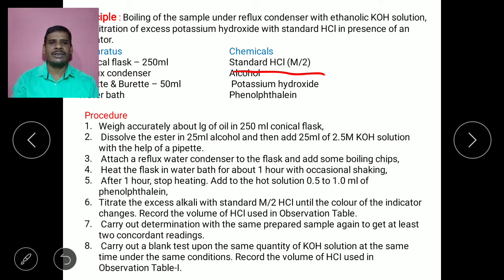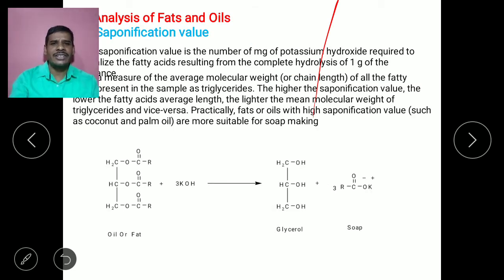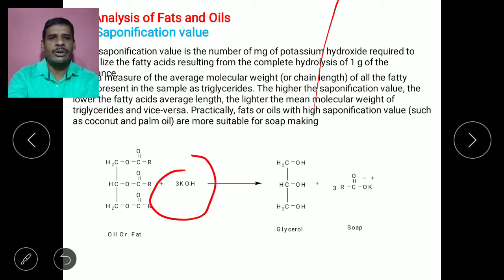or NaOH, and we know that this amount of KOH or NaOH is required to hydrolyze the oil or the fat molecule. The excess of the KOH or excess of the NaOH should be titrated with standard HCl in the presence of phenolphthalein indicator. In the reactions we already discussed that the KOH reacts with this particular oil or fat,